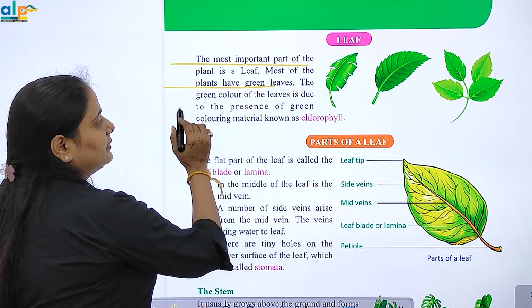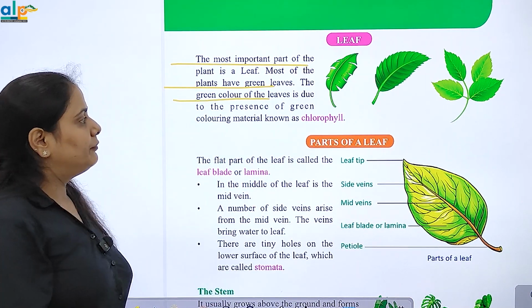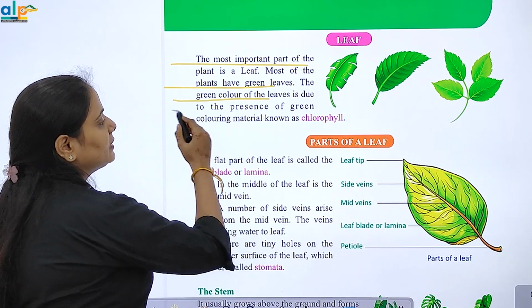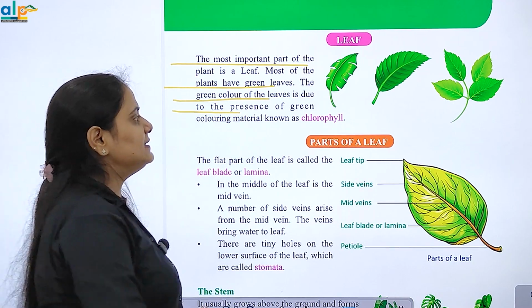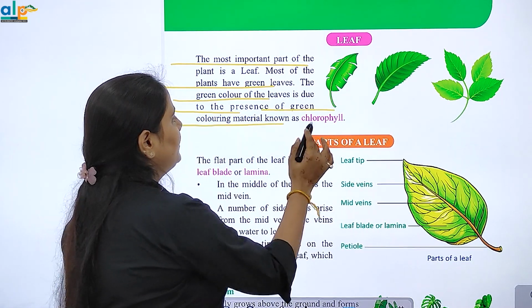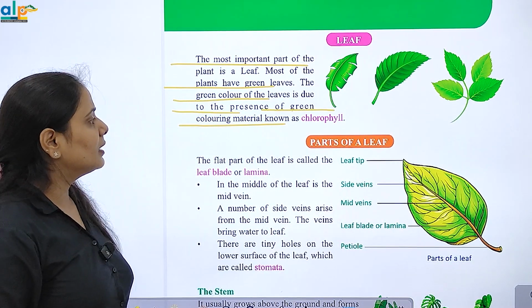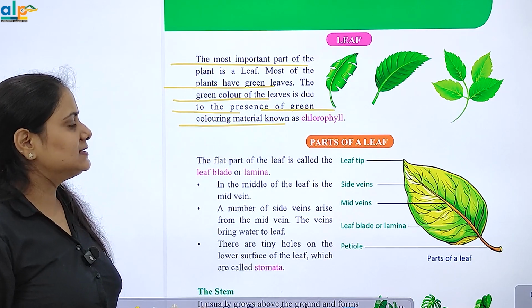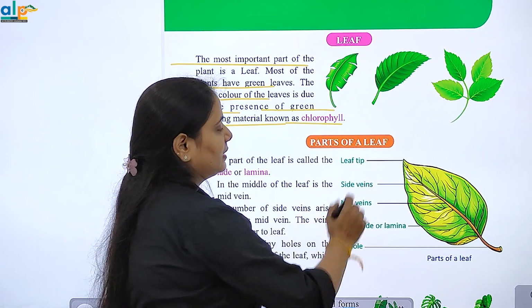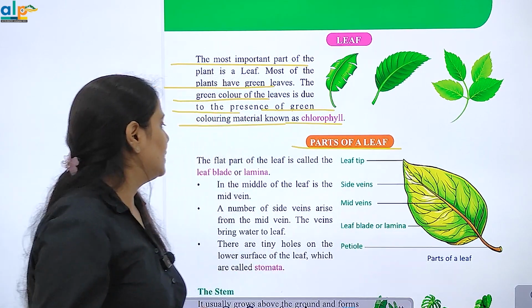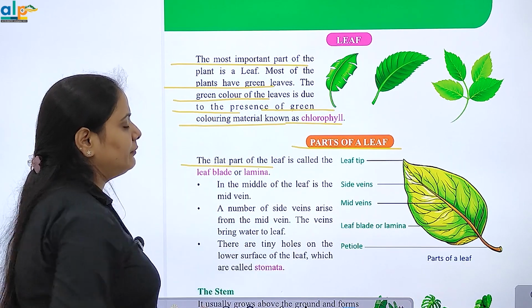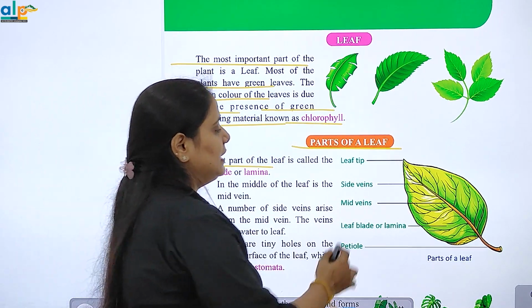The green color of the leaves is due to the presence of green coloring material known as chlorophyll. The flat part of the leaf is called the leaf blade. This is the leaf tip.